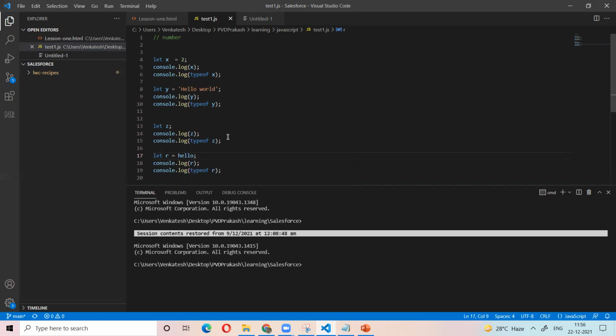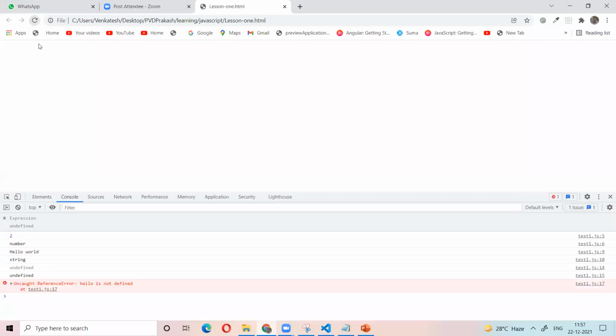Because it is not a number, not a string, not a boolean, not a particular data type. Then it gives the error: hello is not defined.